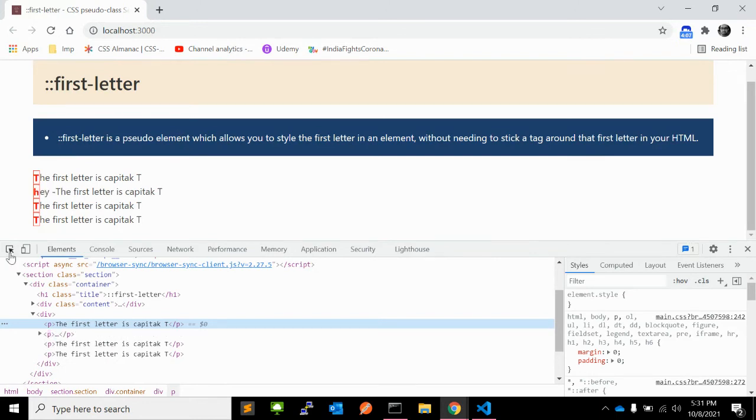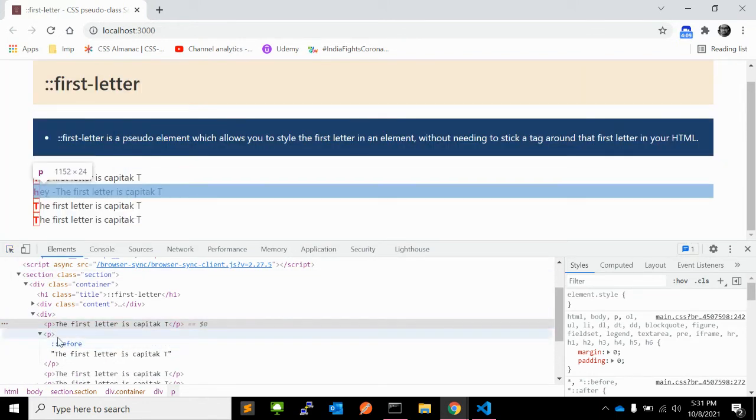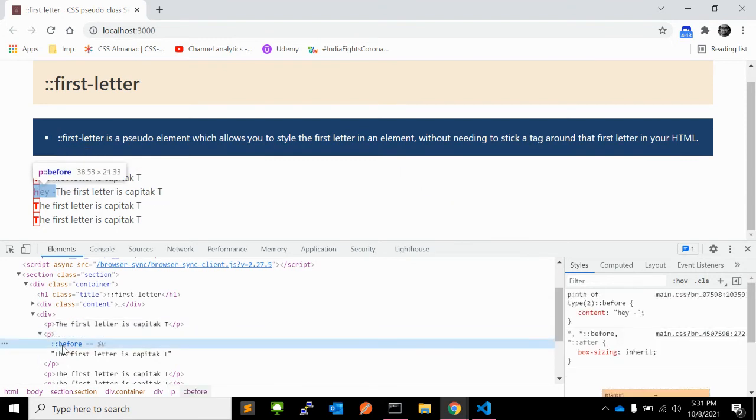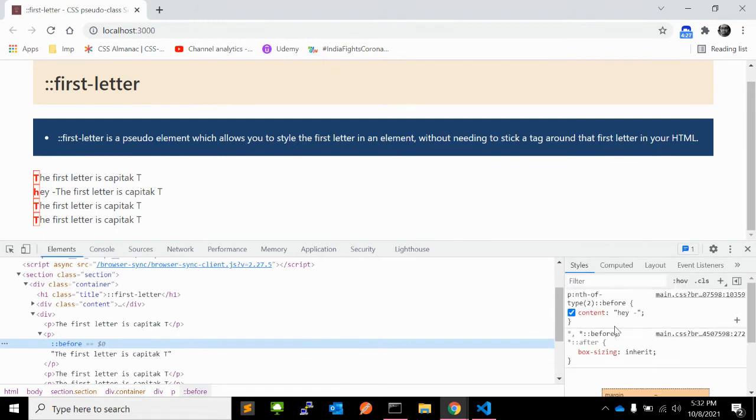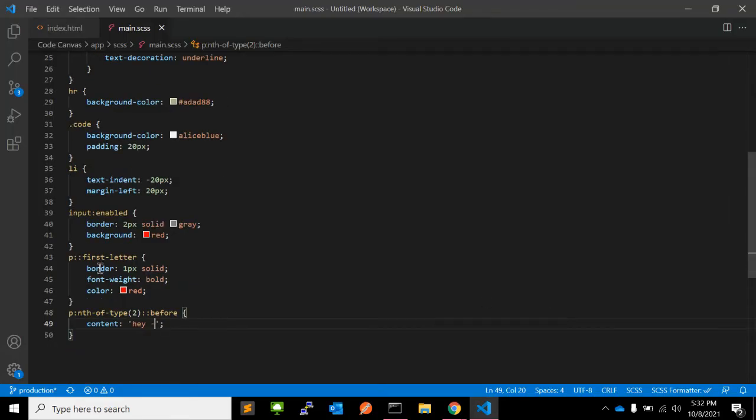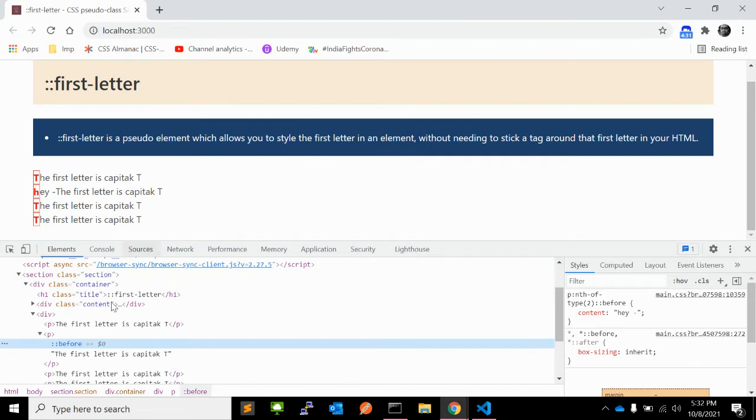As you can see here in the second paragraph, in the before the content is added, and with this content the first letter H is styled as per the CSS for first-letter. So it can style using this pseudo selector as well.